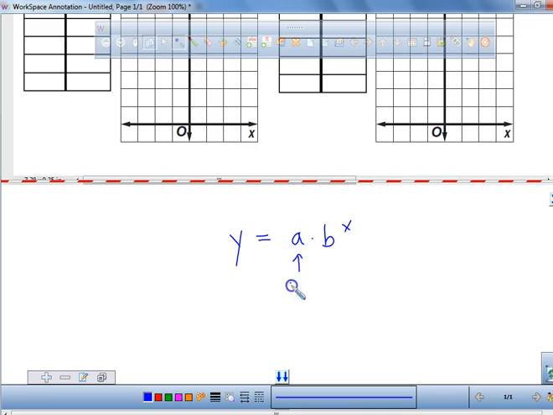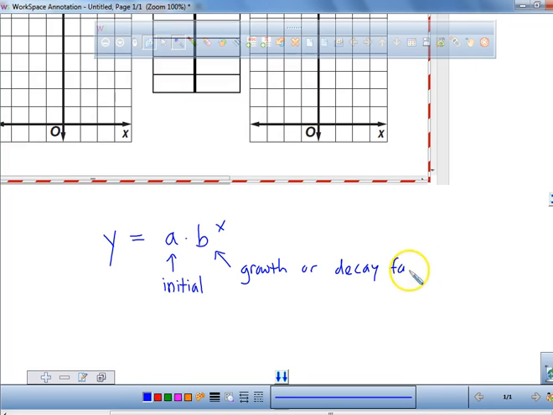The letter A is going to let you know your initial value, where you're starting. Okay? The B value is going to be considered the growth or the decay factor. So it's going to be considered the growth or decay factor. It's considered to be a growth factor